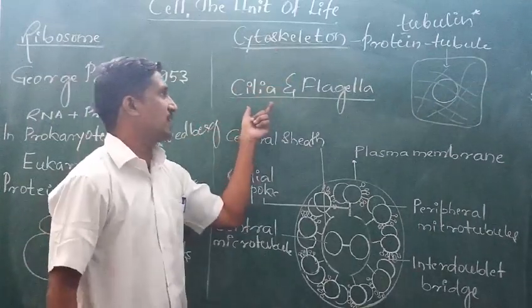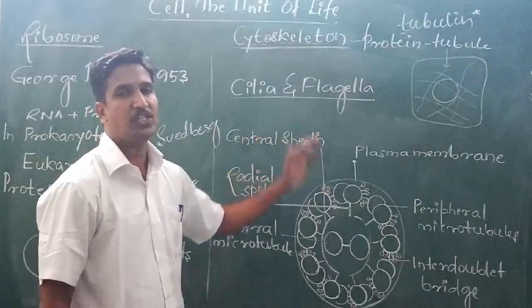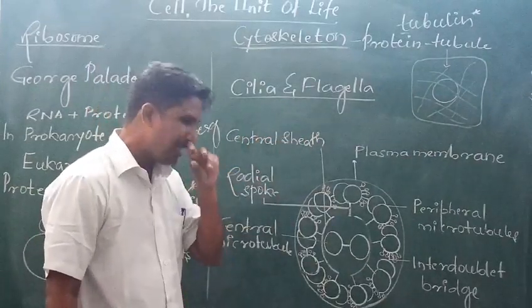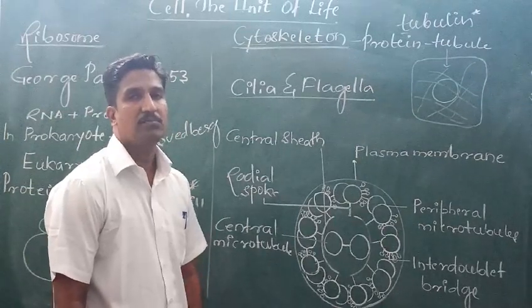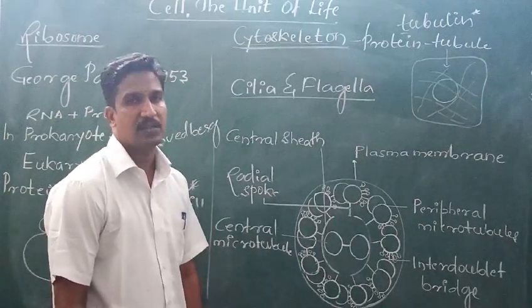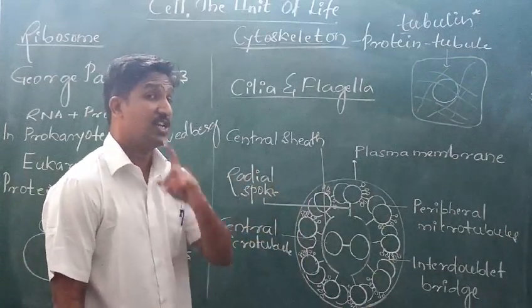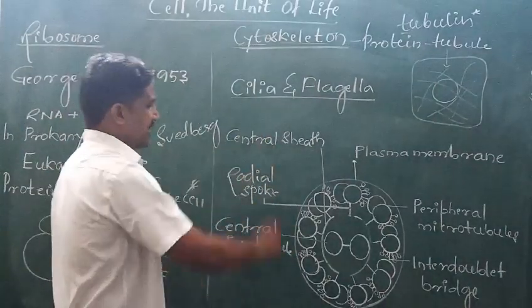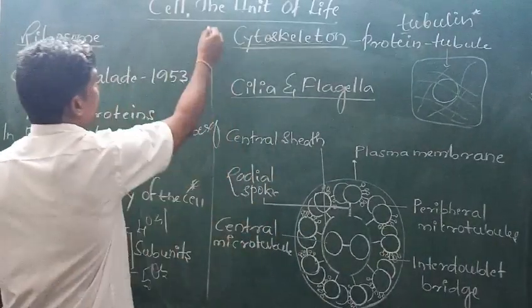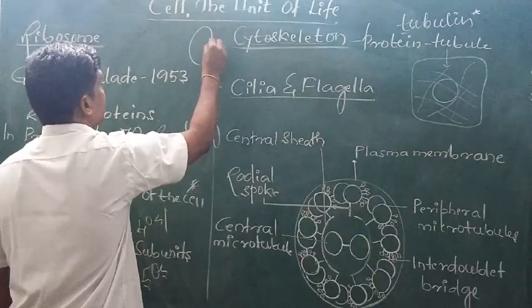Then the next cell organelle is called cilia and flagella. Cilia and flagella are not present in all cells, but typically in different cells. For example, cilia are many in number, whereas flagella are single or double. For example, if you consider the paramecium like this,